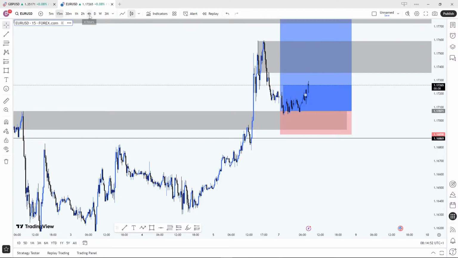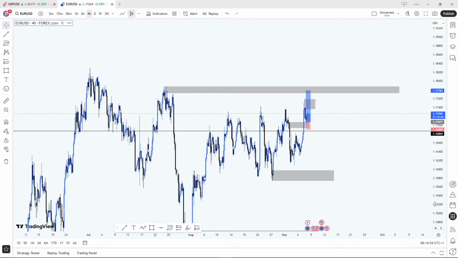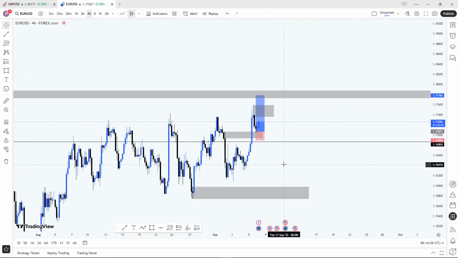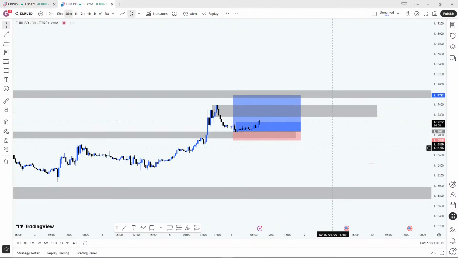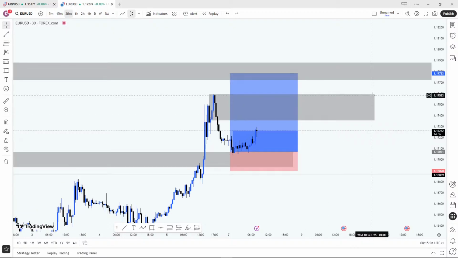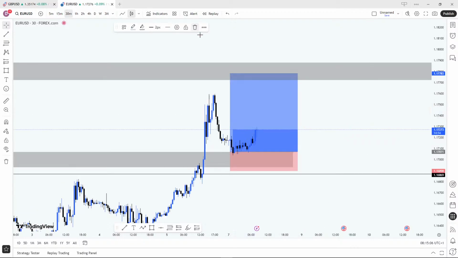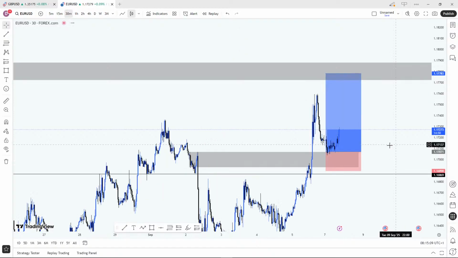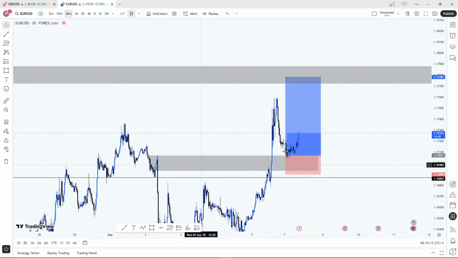Then on Euro USD, let's see what we are expecting. I did a couple of analyses over the weekend. Then I was waiting for this very breaker block. Notice the breaker right here. I believe many of you also caught it. Some of my students caught it as well, right? This was a breaker block. It has lower time frame liquidity, and this was a setup.